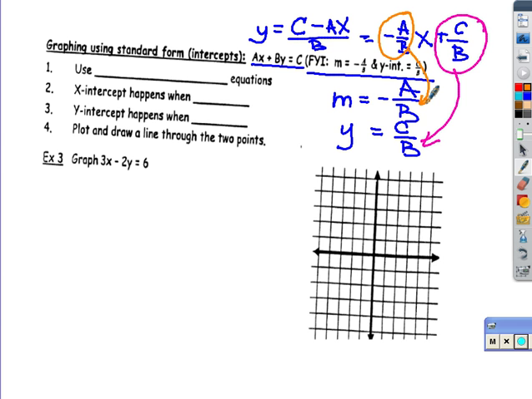So let us start graphing. How do we do that? First, I have to find my... Okay,